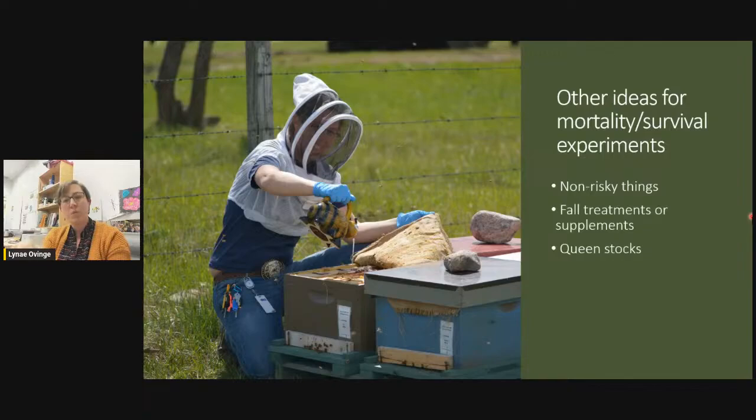So doing measurements is fairly tricky in fall, but one thing you really can measure is simply, did that thing help more bees survive? But like I said, you have to use some pretty large sample sizes on a metric like this. And another idea would be queen stocks. And I know there's lots of beekeepers that already are tracking the number of deads that they'll get off of different types of queens.